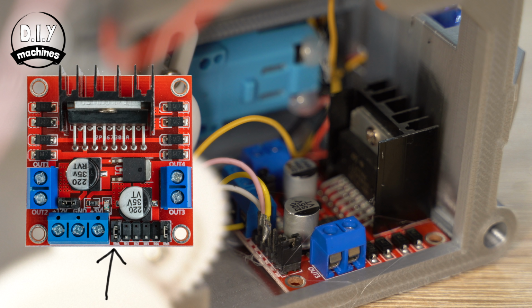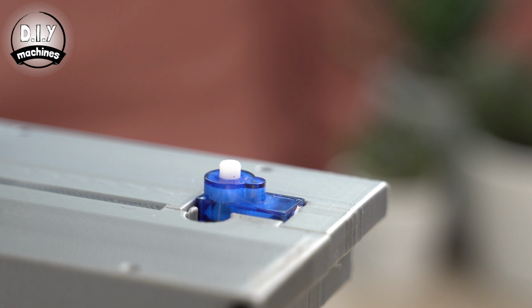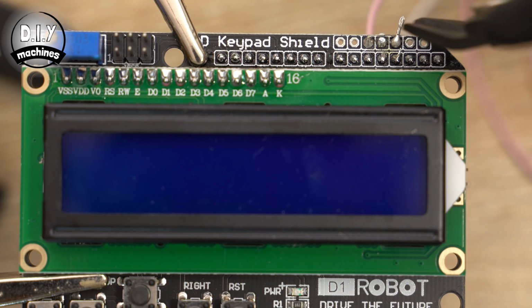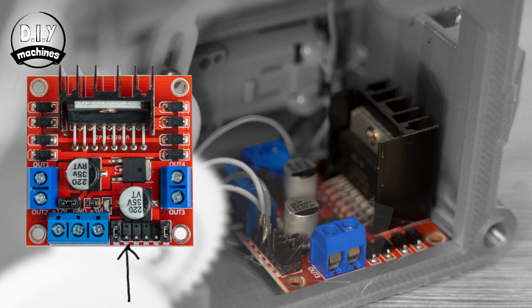This is then followed by the wire coming from ENA on the motor driver to the 4th hole, and then the signal wire from the carousel's continuous rotation servo, which should be marked with a single ring, is connected to the next hole. Moving across to the bottom right run of holes, the leftmost hole should have the wire from the